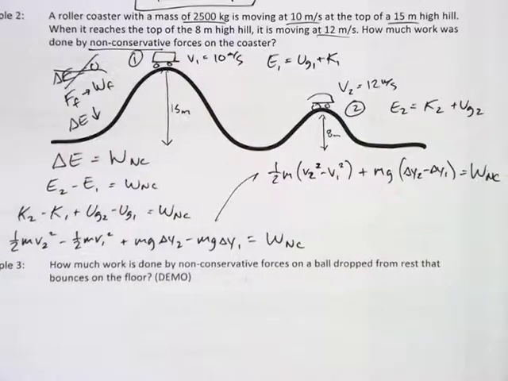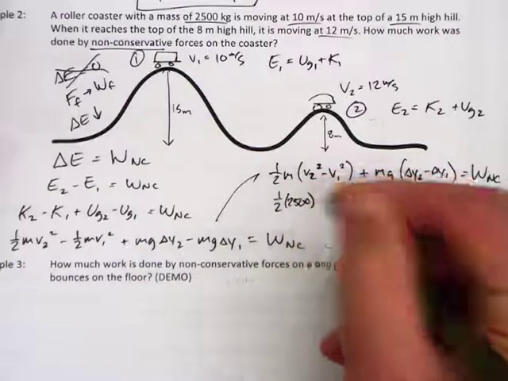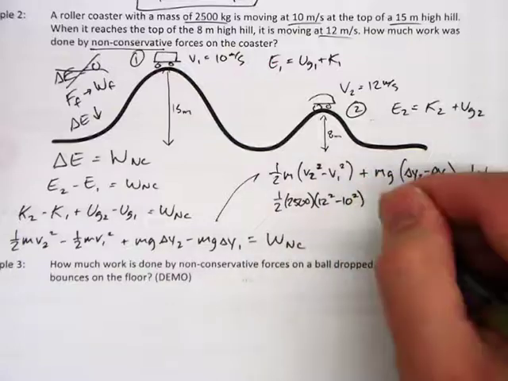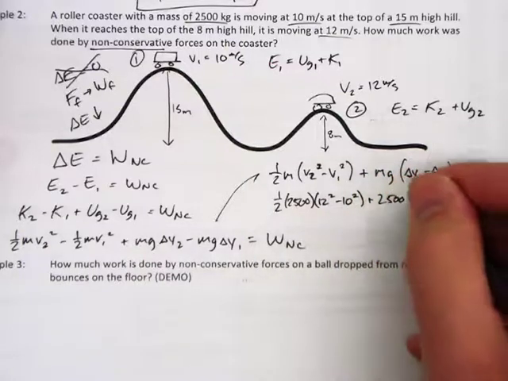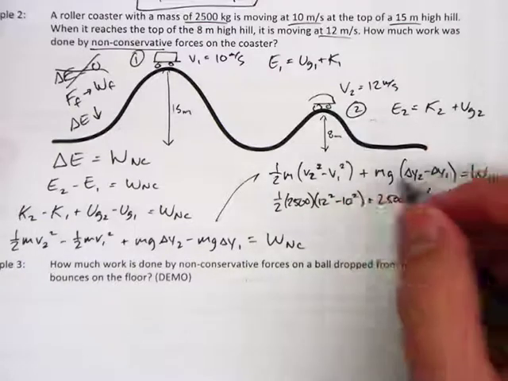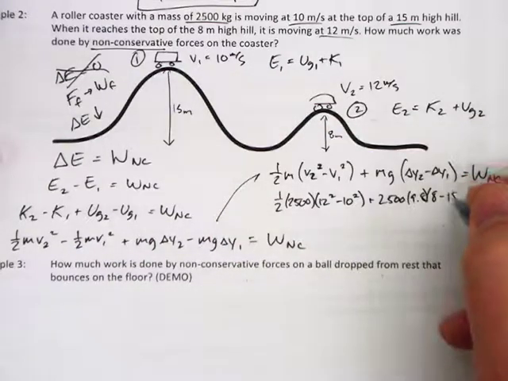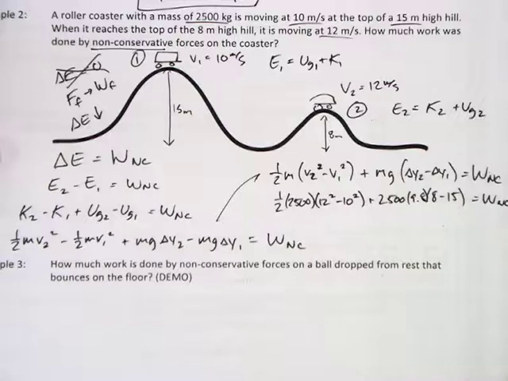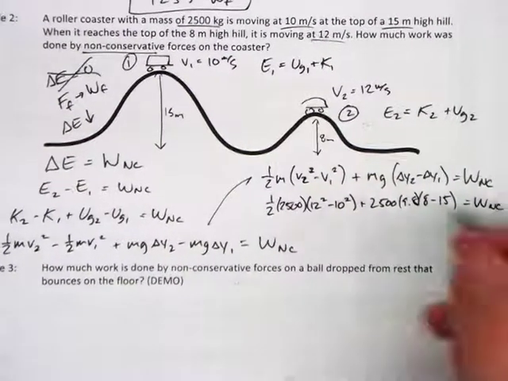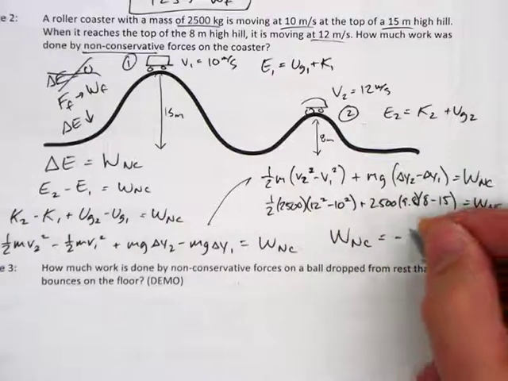So if you go ahead and substitute all these values in, you have 1/2 times 2,500. I'm going to cheat a little bit and drop some of the units just so I can fit this all on the screen, on the page. And this is Y2, which is 8 meters, minus Y1, which is 15 meters. And we would expect this to be negative because it's losing mechanical energy due to friction. And when we go ahead and calculate this out, we get that the work done by non-conservative forces is negative